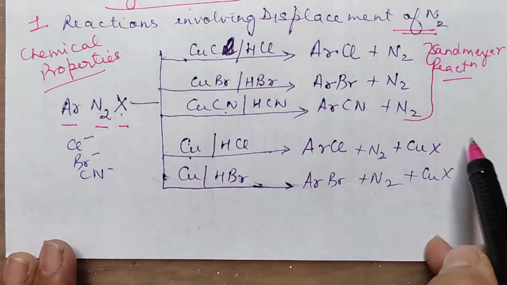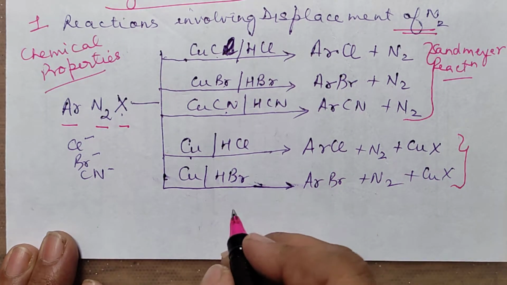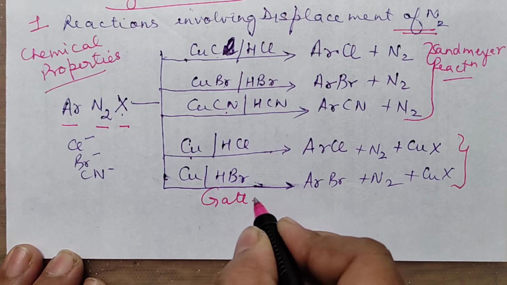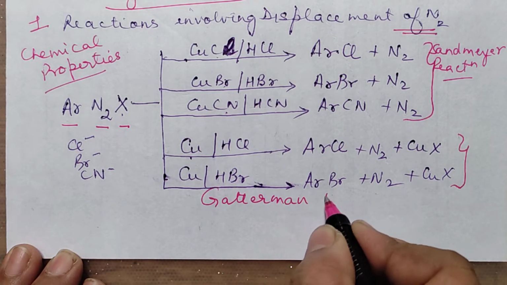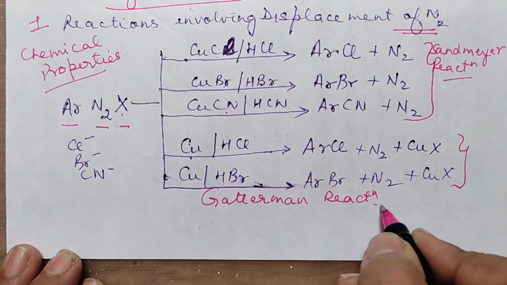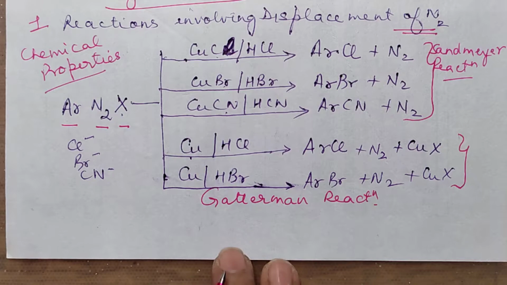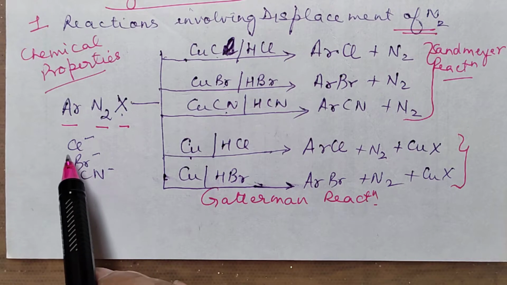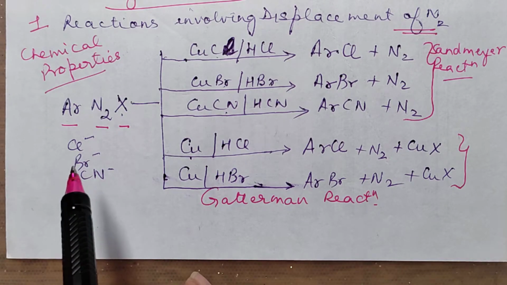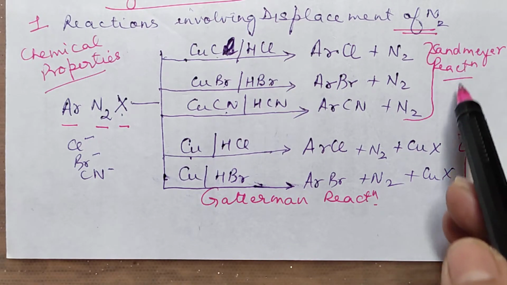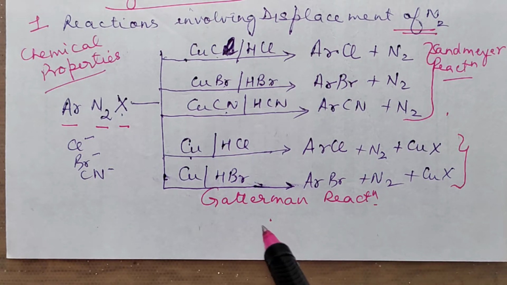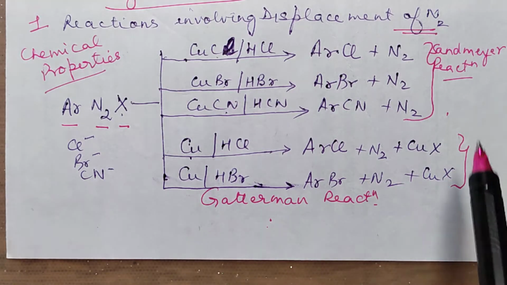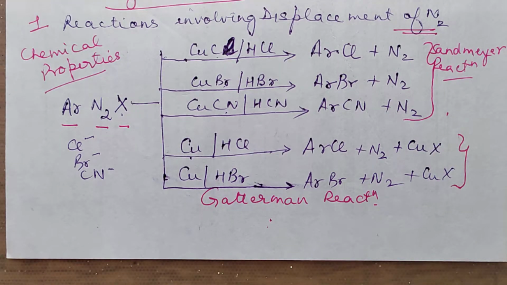The last two which I have discussed here are also a name reaction. It is the Gattermann reaction. Don't get confused with the Gattermann-Koch reaction; that is for aldehydes. This is the Gattermann reaction. So if the diazo part is to be replaced by chloride, bromide, cyanide, you can do it either by carrying out Sandmeyer's reaction or by the Gattermann reaction. Though we say that Sandmeyer's reaction gives a better yield than Gattermann, that is the normal thing we use in the conversion.